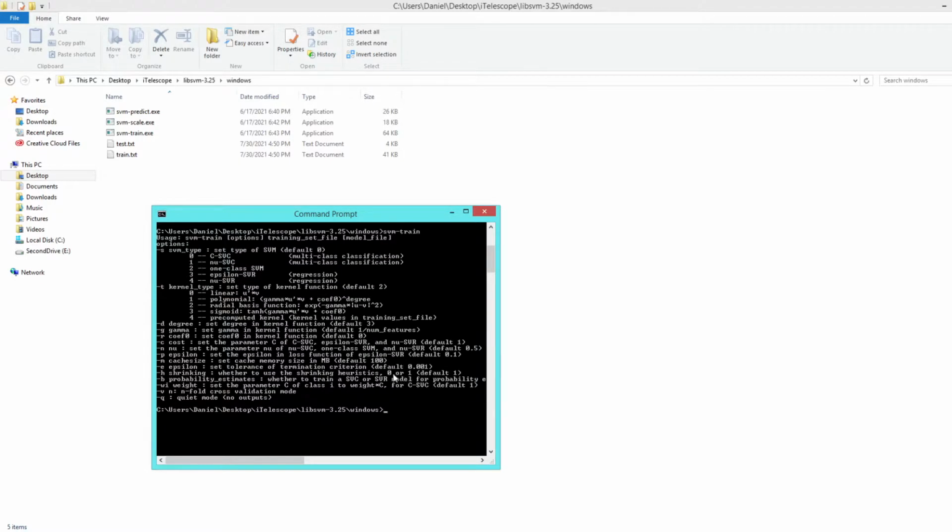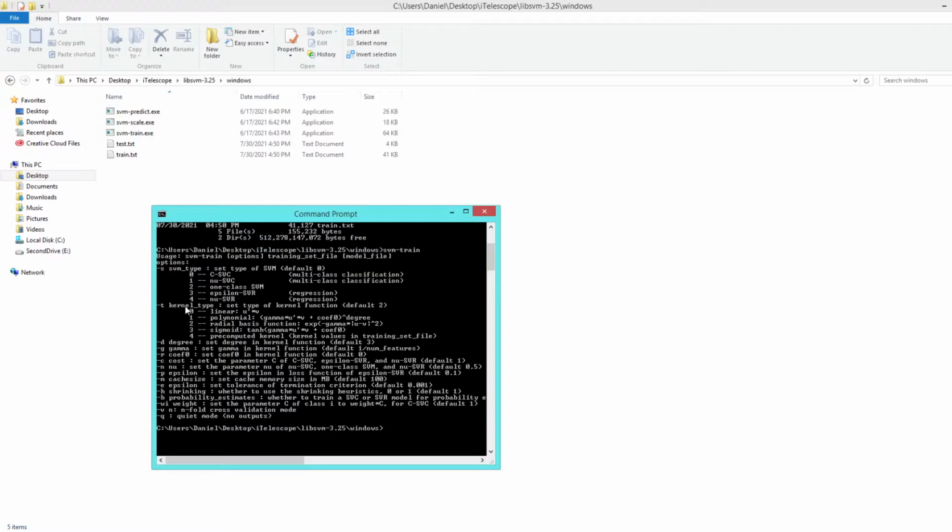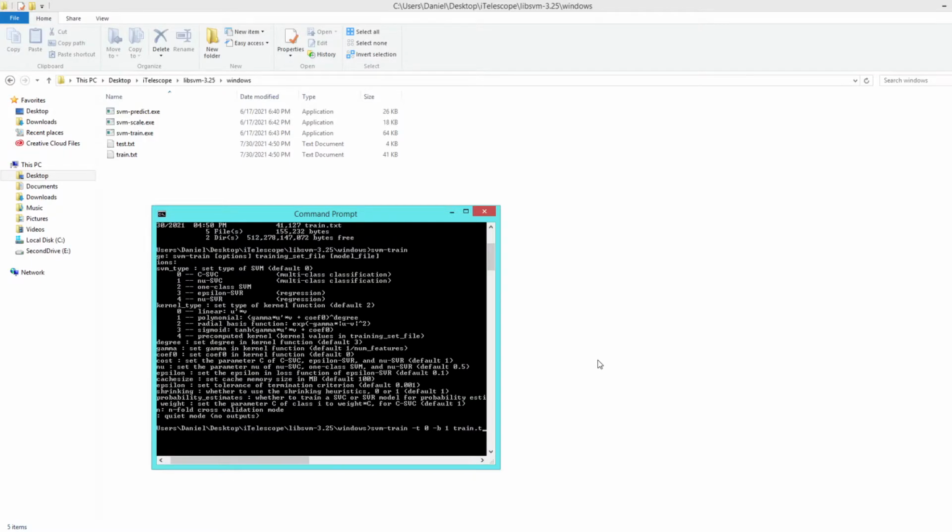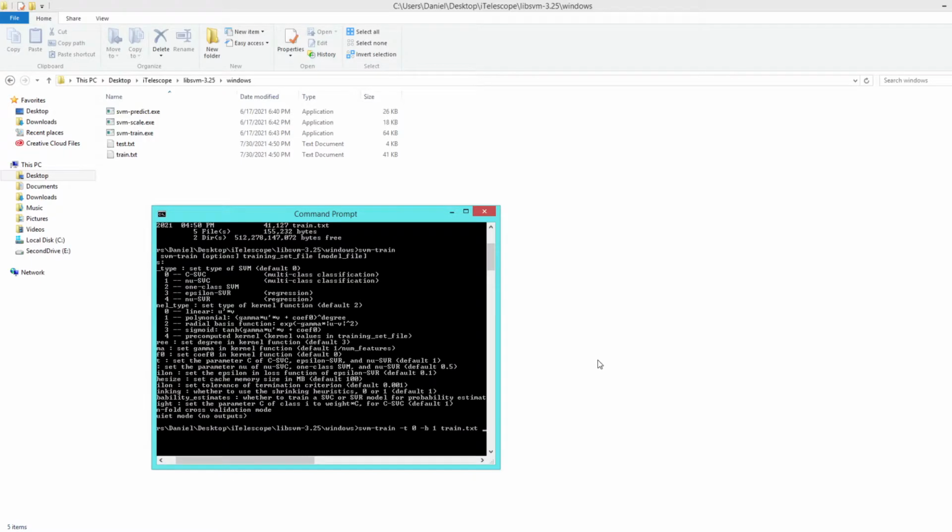The ones that I care about, number one would be the kernel type. So I want to make this a linear kernel for this example, and I also want to have probability estimates. So these probabilities are used to then compute the confidence score. So SVM train -t0 will give me a linear kernel, -b1 will give me the probability estimates, and then I want to supply the training data file, so train.txt, and then after that I want to go ahead and press